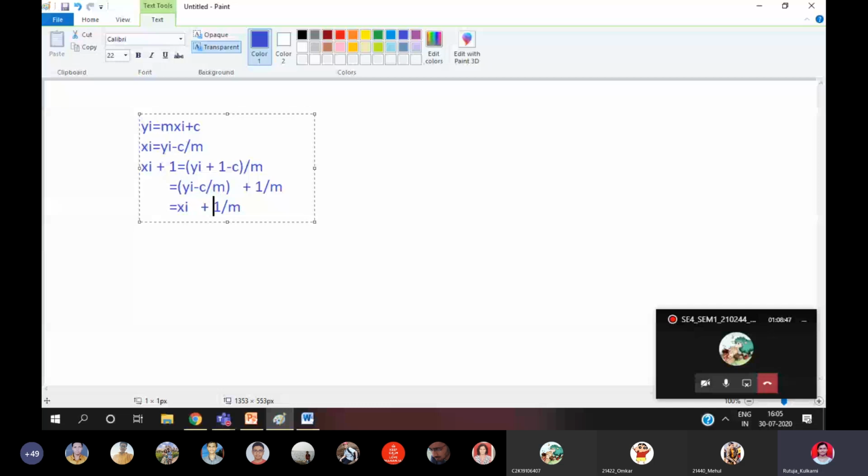I just derived it from the equation of the line. When I incremented, I calculated the y increment and the x increment. The y increment is yi plus 1. As I told you, we'll move to the example. Currently y is at 1.